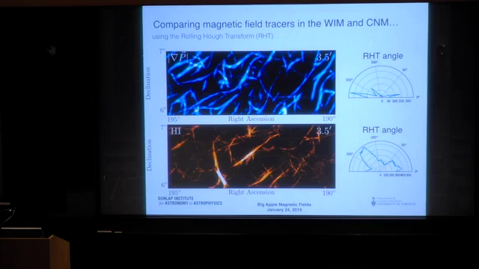Here, I didn't have time to talk too much about the rolling Hough transform, but this is a coding software that Susan wrote. All you really need to know is that the rolling Hough transform finds linear structures in maps. So what I've done is use the rolling Hough transform on the polarization gradient and the H1 structure, and then compared the angle of orientation for these two different maps, just to see if they have any spatial correspondence. You can see in the top one, for the RHT angle, there are two very strong spikes